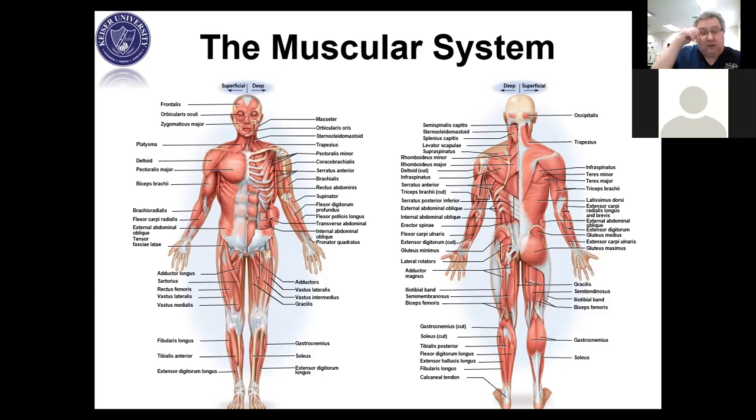You want to get used to pictures like this because it gives you direction. It literally is a key, because if you know where the deltoid is, you kind of know where all the rotator cuff muscles are, because they're located deep to that area. So it's really important to understand where muscles are and what side of the body they are. Because when you know that and how they contract, and here's the thing, you'll learn a little bit about this in intro, but when you flex your elbow, the muscle contracts, the muscle shortens, okay? And that's an important aspect of